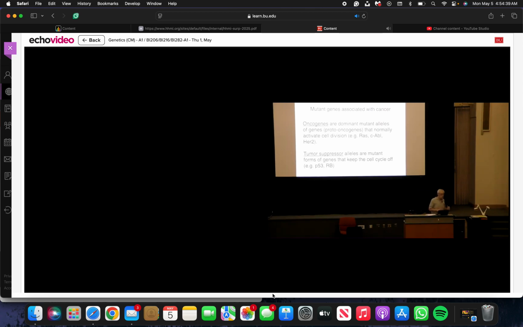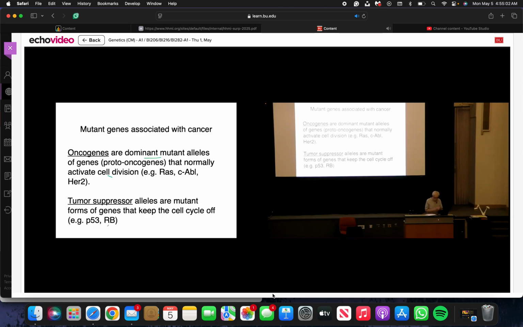Okay, so the oncogenes are gain of functions in growth promoting activities. The other class of mutations are loss of function alleles of proteins whose job is to normally keep the cell cycle in check. They're called tumor suppressor genes because their normal role is to slow down cell division. So RB, P53, P21. If you have homozygous loss of a tumor suppressor gene, you've lost that brake, and then cell division can